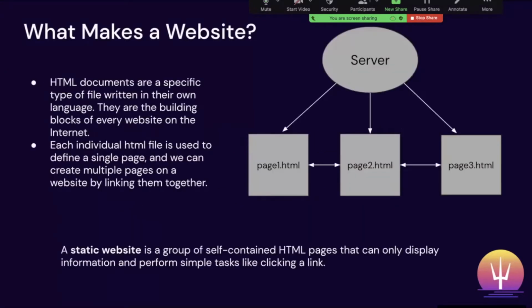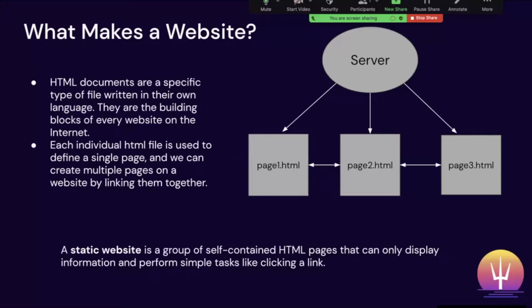So the first thing we need to understand is the structure of a web page and how everything interacts with one another. It essentially breaks down into HTML documents, which are these individual files with an HTML extension. Each one of these files is going to define the structure and the behavior of elements on a single page. And when we have multiple of them, we can link them together to jump back and forth between pages